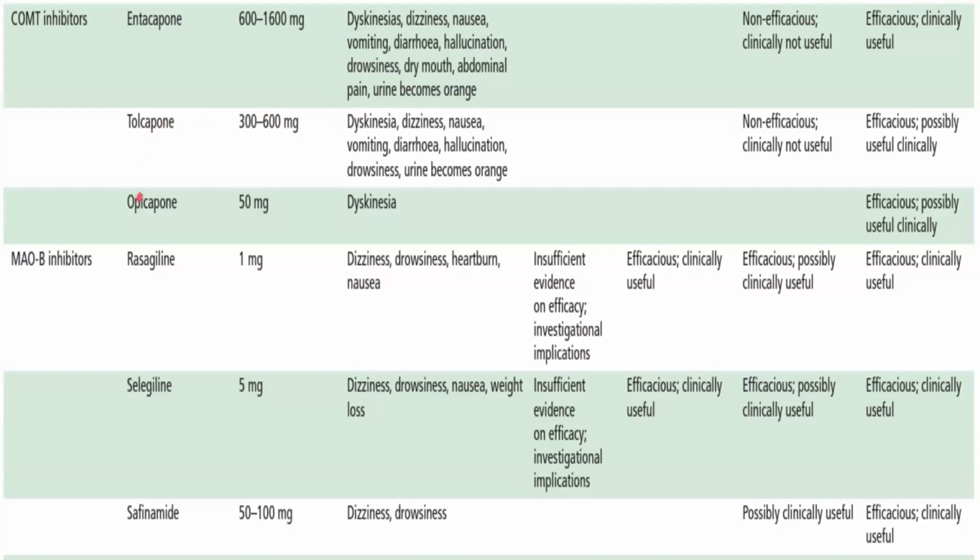So let us come to the MAO inhibitors, that is rasagiline, selegiline, and safinamide. Rasagiline preparations of 0.25 mg, 0.5 mg and 1 mg are available. You can start with a low dose, that is 0.25 mg. You always start MAO inhibitor as an OD dose, better in the morning, because these have intrinsic amphetamine-like activities and disturb the sleep. Start with 0.25 mg OD, you can go up to 1 mg. Selegiline, better you start with 2.5 mg, you can go up to 5 mg. Predominant side effects would be insomnia and dizziness.